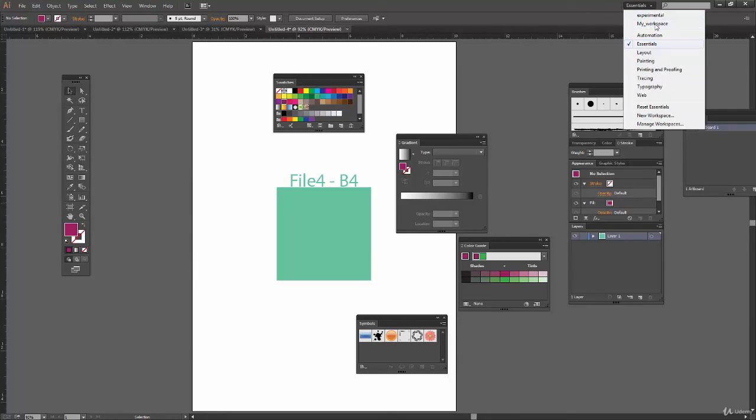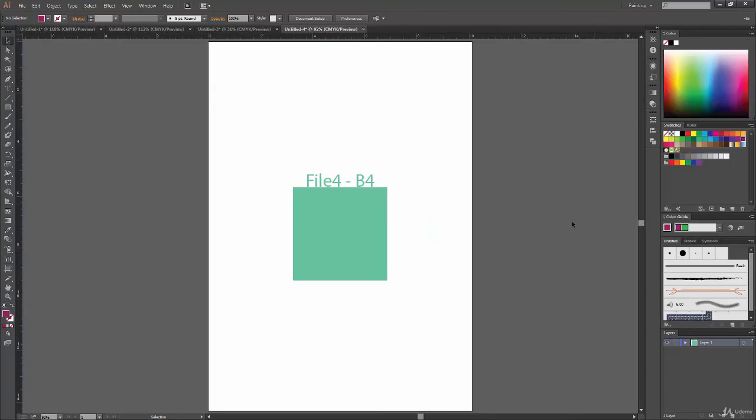So this is how my workspace looks right now. And now let us change some workspace. These all are the workspaces available to you. These all are predefined. On the top I have some custom created workspaces. We'll come to that, how we can create these kinds of spaces ourselves. So let us change to Painting, and there we go. Now Illustrator has rearranged all the panels and toolbars according to the workspace guidelines, you can say. So I have my colors, strokes over here, and toolbars, everything got arranged itself.